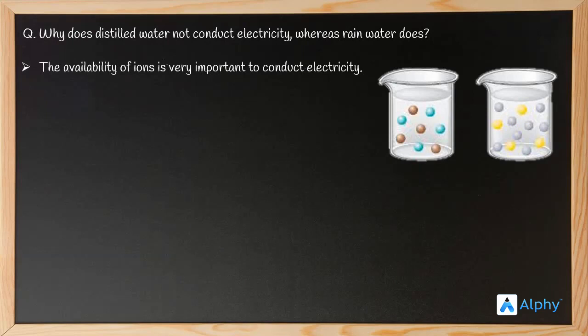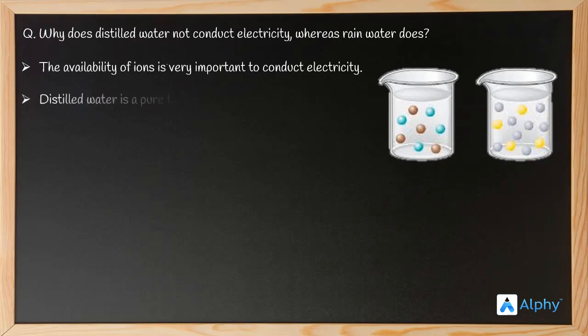Yes, you are right. HCl was able to dissociate H plus ions. However, alcohol and glucose were unable to do so, and thus the conduction of electricity was happening in HCl while it was absent in glucose and alcohol compounds. So now you know that the availability of ions is very important. You can see that these ions are the reason why conduction of electricity actually happens within the solution.